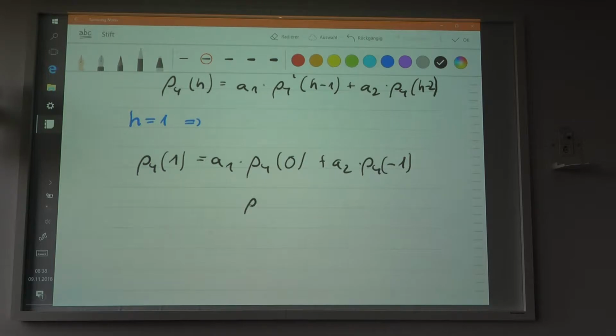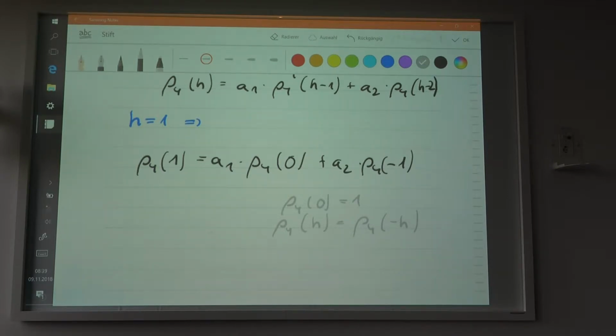Now, basically what you have here is that the autocorrelation at point 0 is equal to 1, of course, because this refers to the correlation of the variable with itself, and this is always equal to 1 because the linear relationship of a variable to itself is always equal to 1. And maybe you remember this statement: the correlation with respect to h is equal to the correlation with respect to negative h, because this is symmetrical.